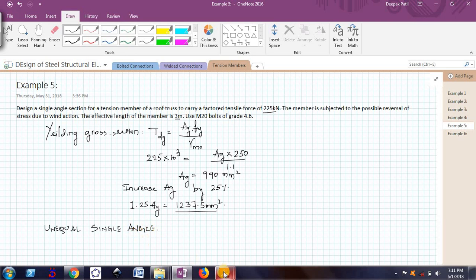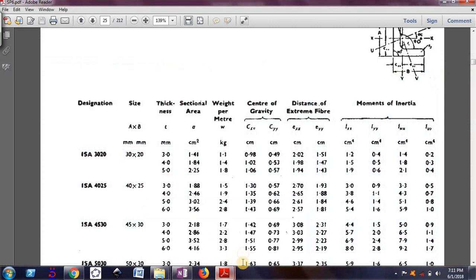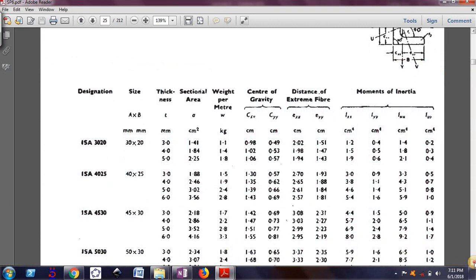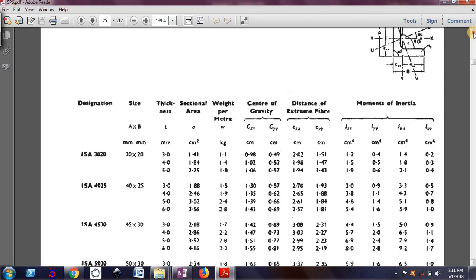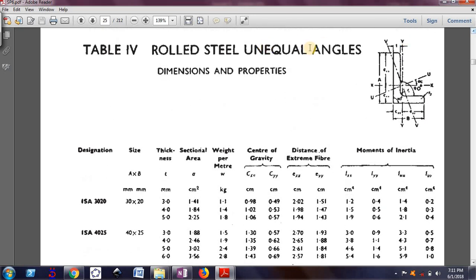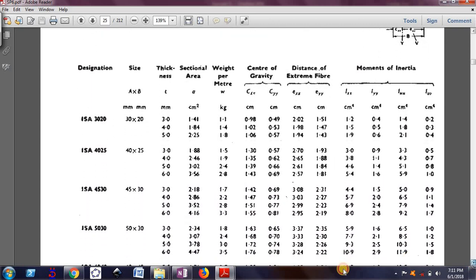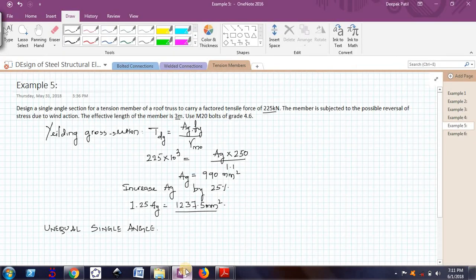So I should open the steel table. Okay, instead of that I can go for SP6. So I have opened the section which contains rolled steel unequal angles, and I will try to find out that much of area. So how much I should get? It should be